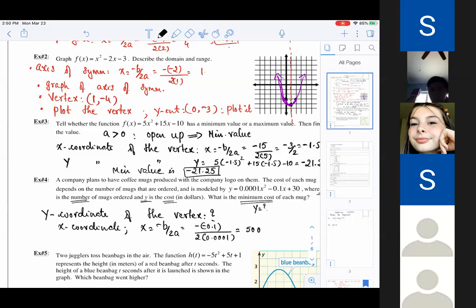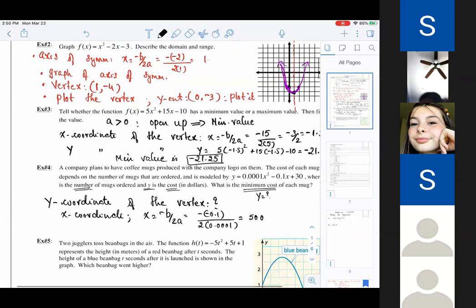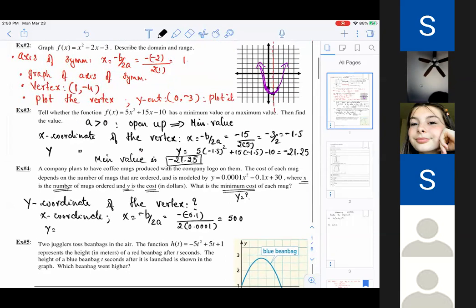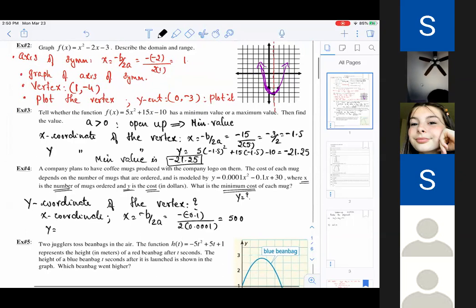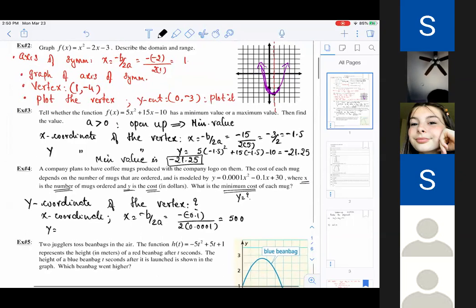Are we done with the problem? No, this is only the x coordinate. We are asked to find y because that's the cost. What does x mean in the problem? Number of mugs. Correct. So now we know that to have the minimum cost, we need to have at least 500 mugs made. That's not what we are asked to find. It's the cost. So y is equal to